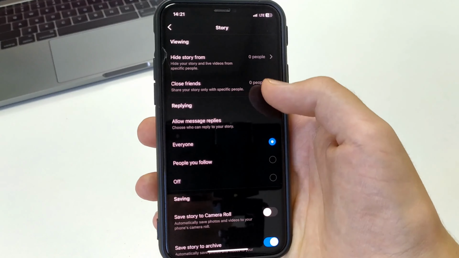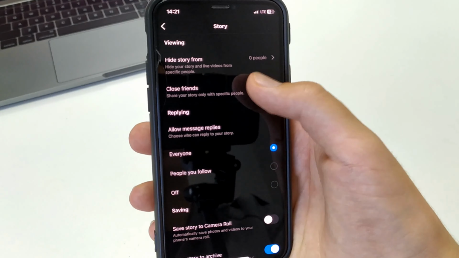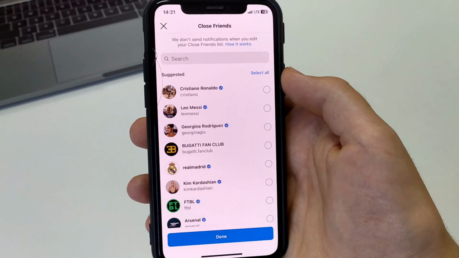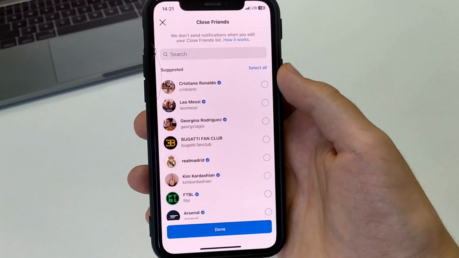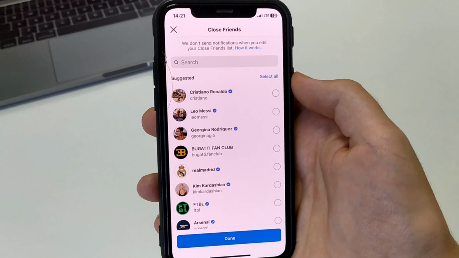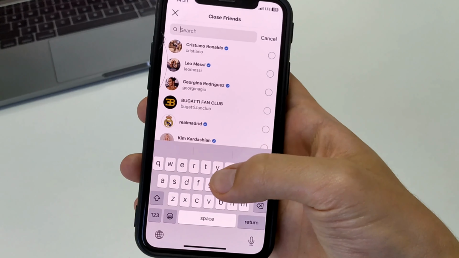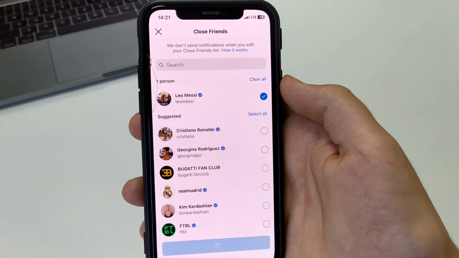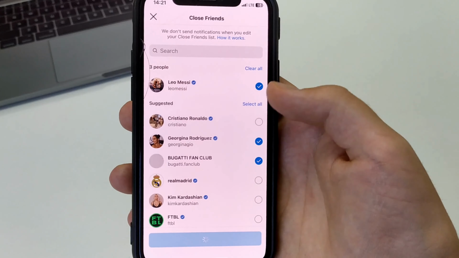And in order for us to select some friends that we want to see our story, we can go to the search box, or we can write out some people in the search, or we can find them in the recommendations. Let's say we select a few people that I want to be my best friends. Only 3 people can see my story. I click Done. Save. Then I go out.